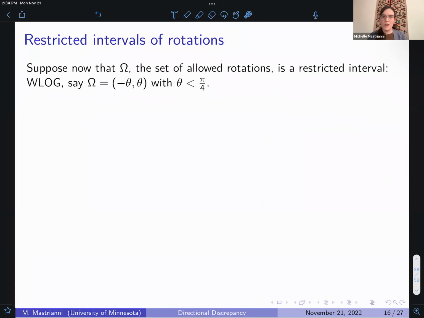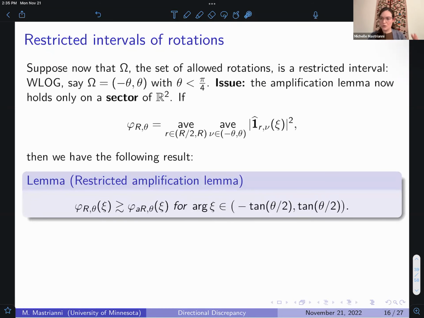Okay, so now what happens when you restrict to a restricted interval of rotations? If we take omega to be some restricted interval rather than taking all arbitrarily rotated rectangles, what happens to the discrepancy? This is the goal of the rest of the talk, to give a lower bound for this. I first was looking at this a while ago and tried to just use the proof for all rotations. I thought that it would just go through in this case, but unfortunately,